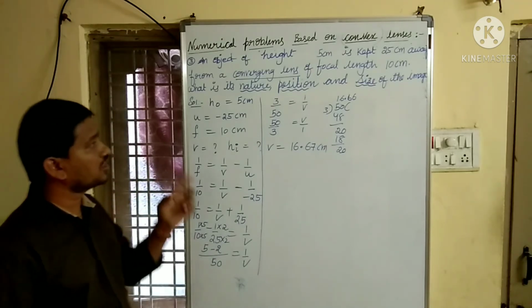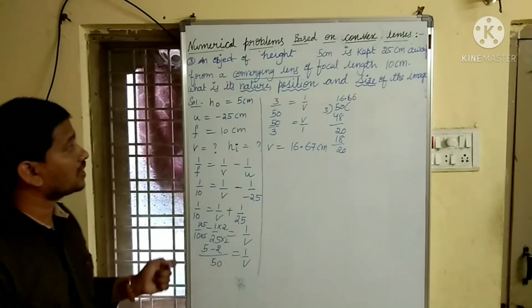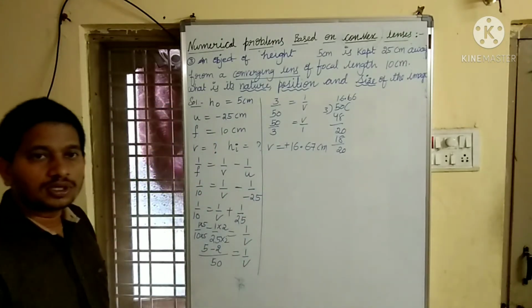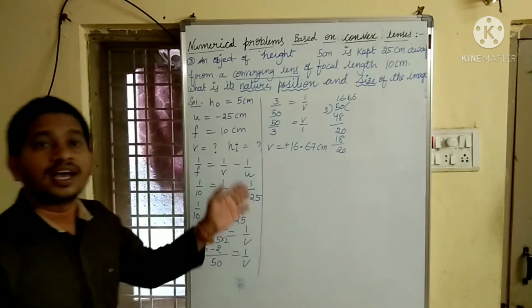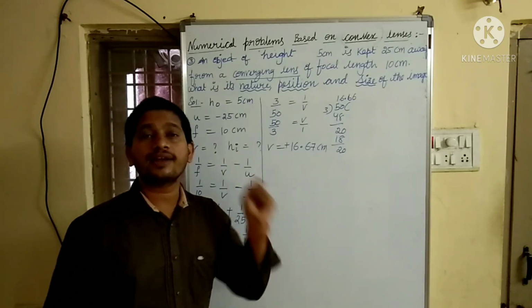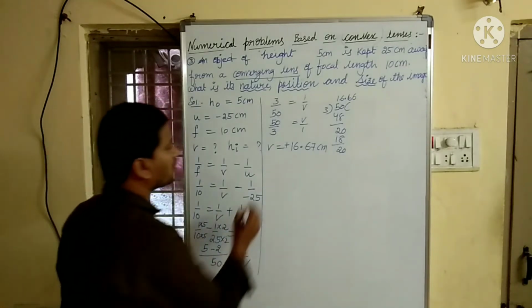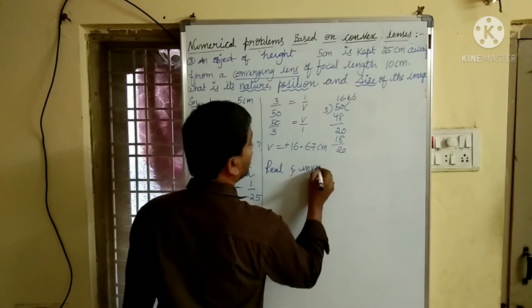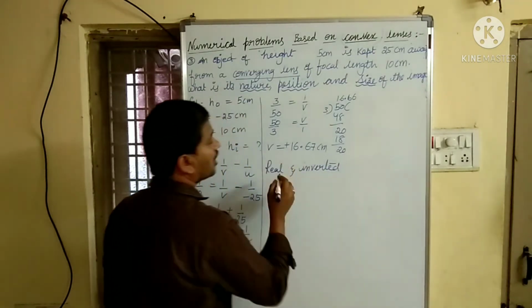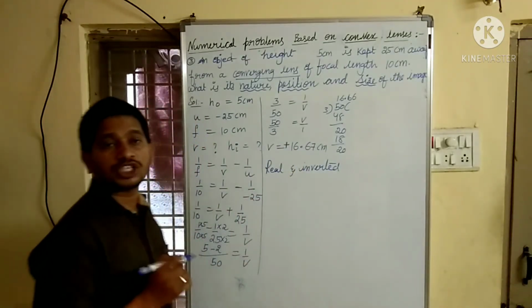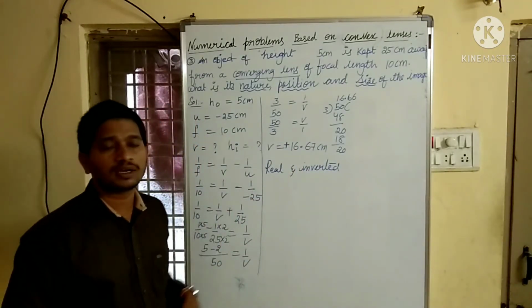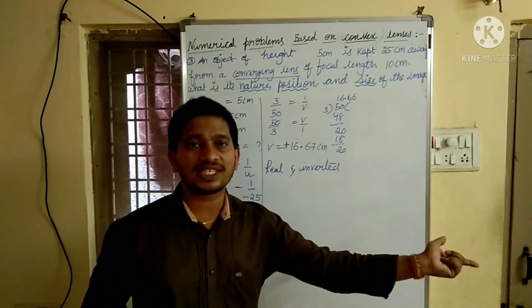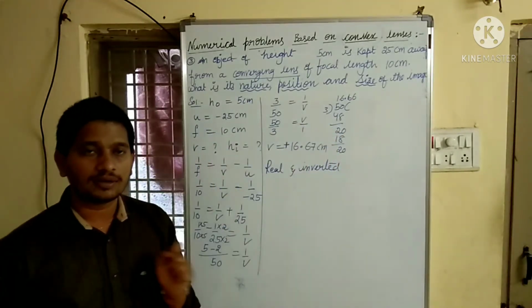That is the position. So what about the nature? As we got v positive, hence it is a real and inverted image. So the nature is a real and inverted image, as we got v equal to positive 16.67. I mean, the image forms at a distance of 16.67 centimeter from the lens, which is a